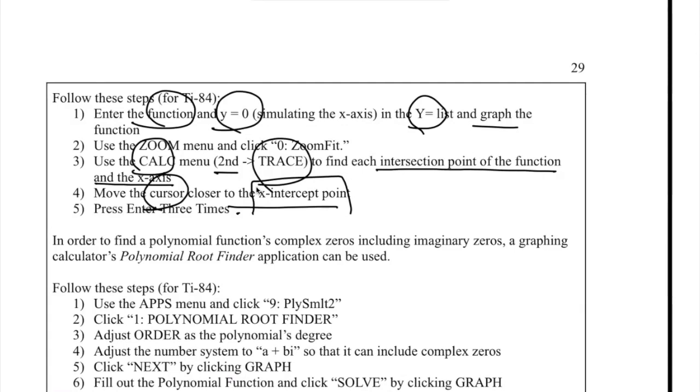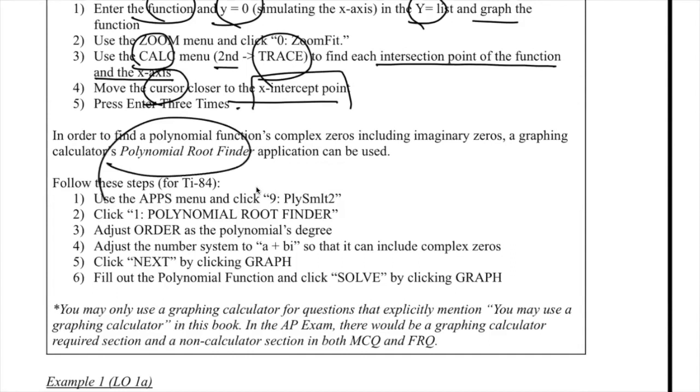for roots that are real numbers can only be shown within the Cartesian plane. So in order to find a polynomial function's complex zeros, like imaginary zeros, you have to use a feature called polynomial root finder. So you're going to use the apps menu. There's a feature called apps. It's below mode and x-t-theta-n. So if you click apps, and scroll down and click 9 colon PLYSMLT2, and click enter, and then click 1 colon polynomial root finder, there'll be a bunch